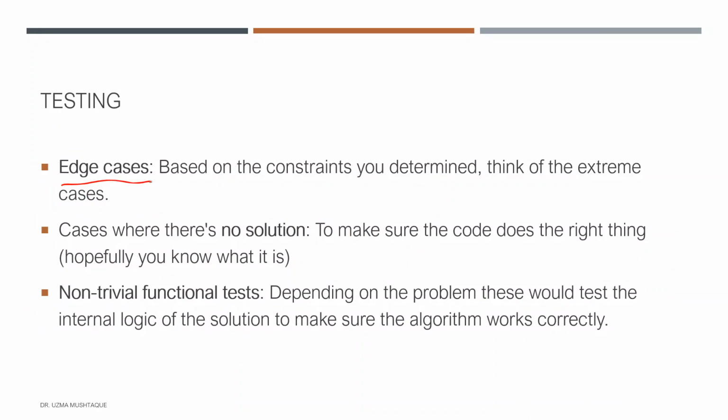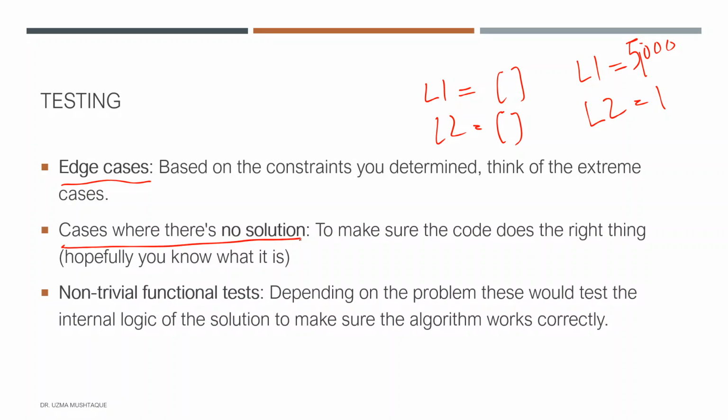Okay, and then in our template, the final step, testing. Test for edge cases, that means the extreme cases. What happens, let's say, list 1 is empty and list 2 is empty. That's my edge case. What happens when list 1 is having 5,000 values? Let's say if this was in our constraint, list 1 has 5,000 values and list 2 has just 1, and so on, right? Think of the extreme cases. So that's edge case. Test your solution for this and see if the code handles these situations.